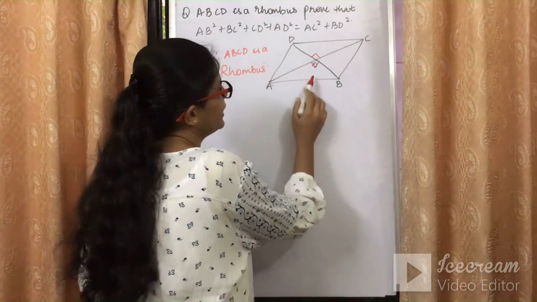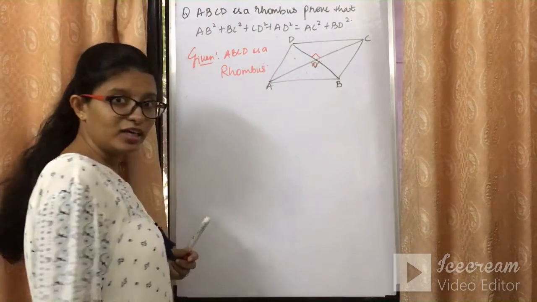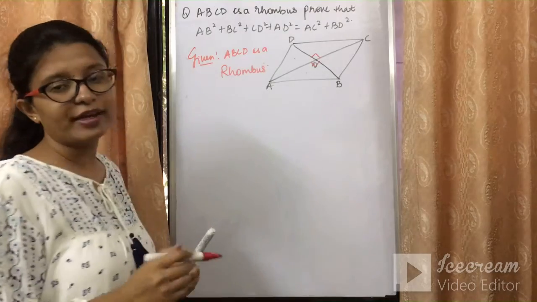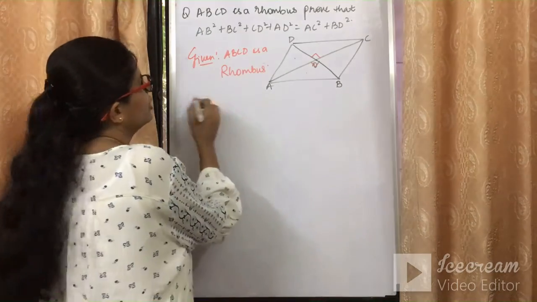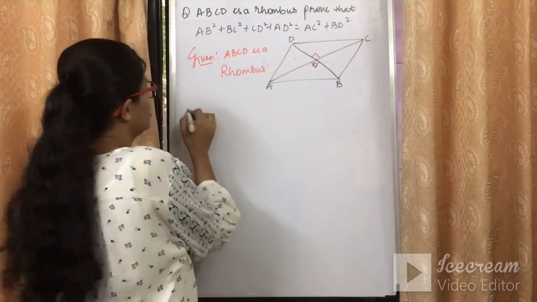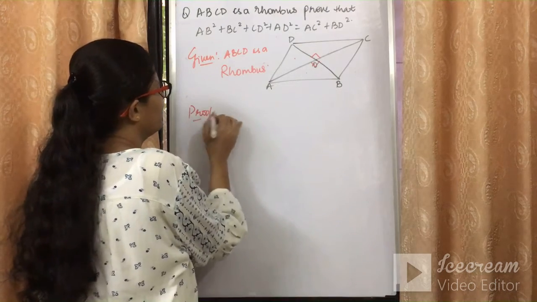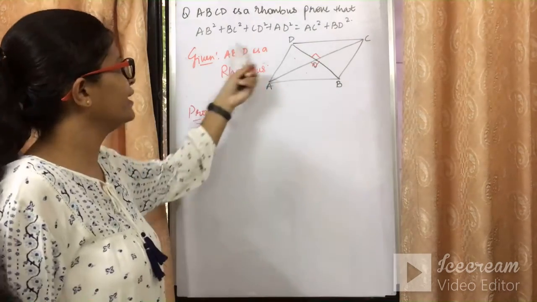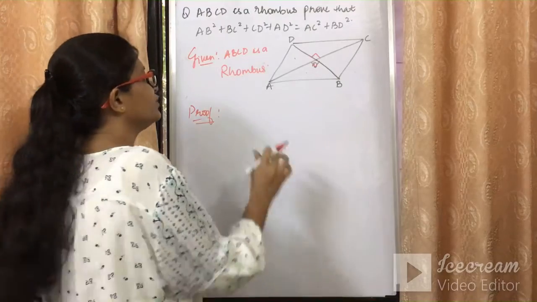If it makes 90 degree, can we say these all triangles are the right angle triangle? And if it is a right angle triangle, we can apply a Pythagoras theorem to it. So we need to prove this statement. So let's start with the proof. It is a very simple proof. It seems to be little complicated by seeing such a big statement, but it is very simple.